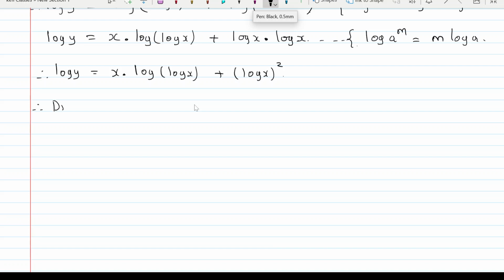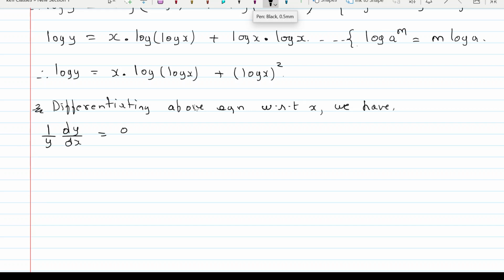Differentiating the above equation with respect to x, we get 1 upon y dy by dx is equal to d by dx of x into log of log x plus d by dx of log x the whole square, which is equal to x into d by dx of log x